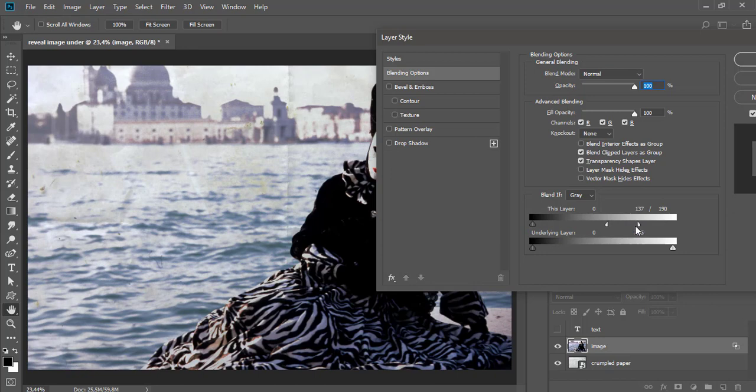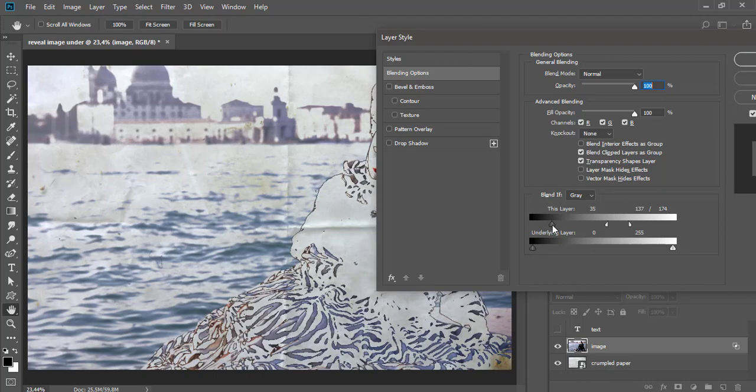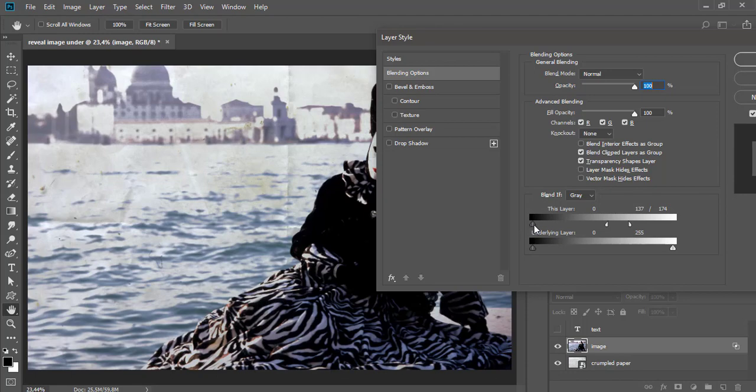This transition is equivalent of gray pixels on the layer mask. Right slider is controlling lighter portion of content on the layer, while left slider is there to control dark portion of the layer. You can use both of them at the same time.